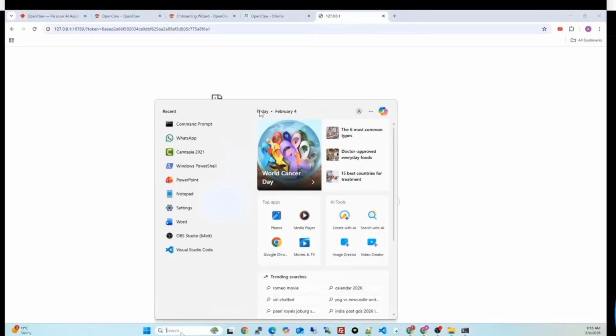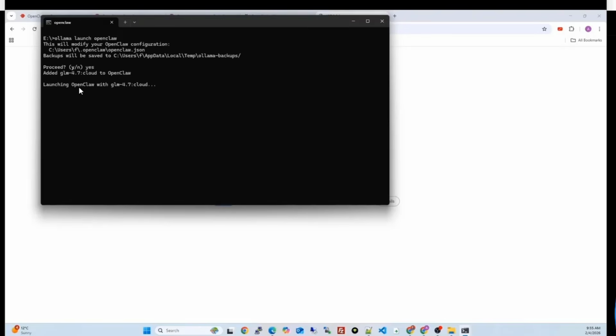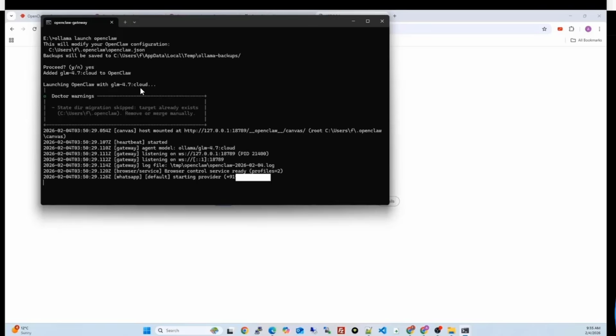Because we need to launch OpenClaw, and for that we will open a command prompt, and in that command prompt we will write one command: ollama launch openclaw. It will ask us which model we want to use. Let's say I select this model, then I will continue with it. Then it is launching OpenClaw with that LLM which we have selected. And guys, here see,